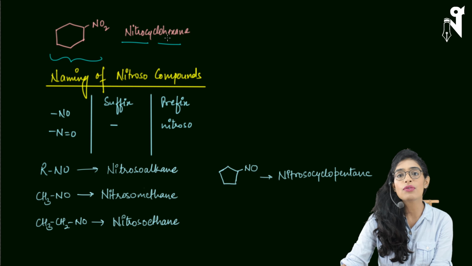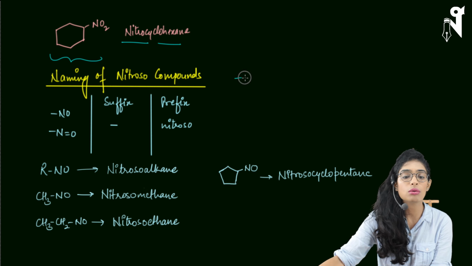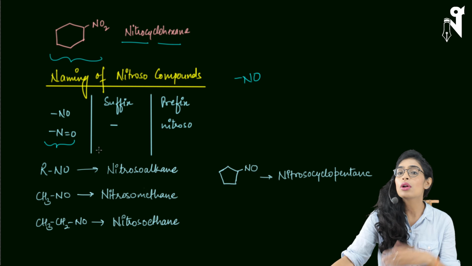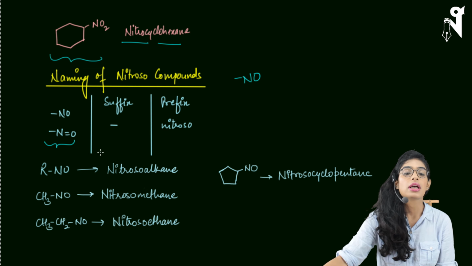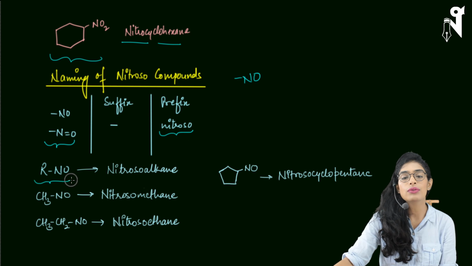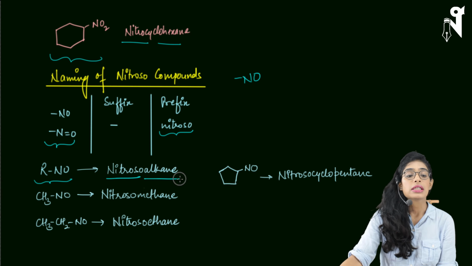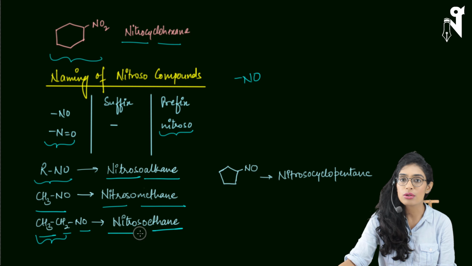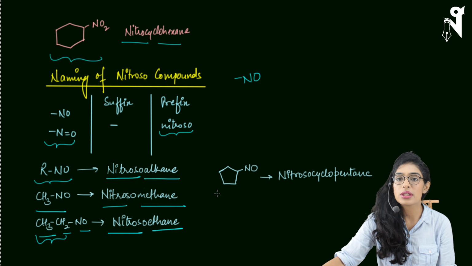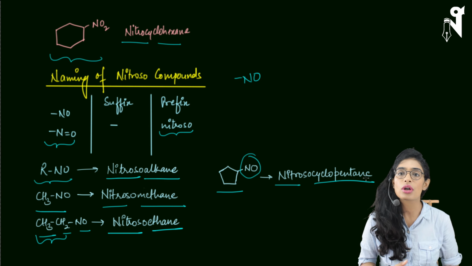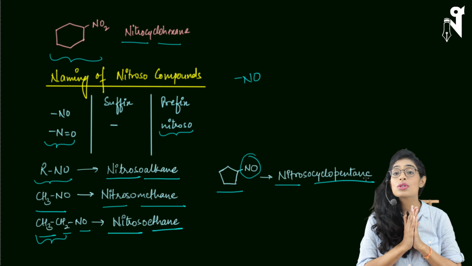Okay, next is naming of nitroso compounds. Nitroso is nothing else but NO, can also be written as N double bond O. Again, it doesn't have any suffix and it's a low priority group. All of these, the ones which are in prefix, are low priority groups, and the prefix is nitroso. The general formula is RNO. We also call it nitrosoalkane. CH3NO will be nitrosomethane. CH3CH2NO, a two-membered carbon chain, so it will be ethane, and NO will be represented by nitroso. Similarly, I have taken cyclopentane with NO, so the name will become nitrosocyclopentane. Here I have given you different kinds of structures, different kinds of compounds, just to tell you that the usage is very, very simple.